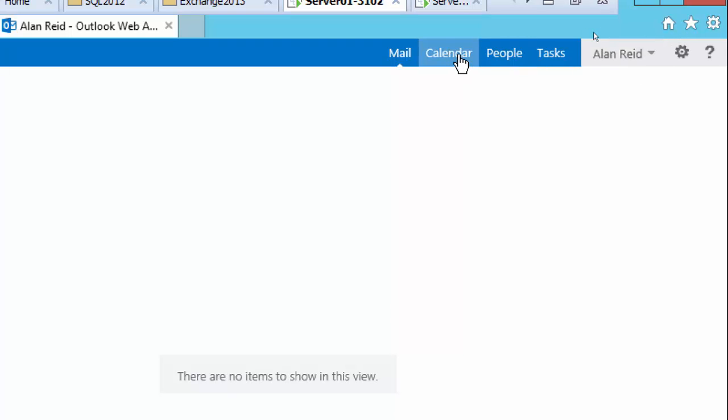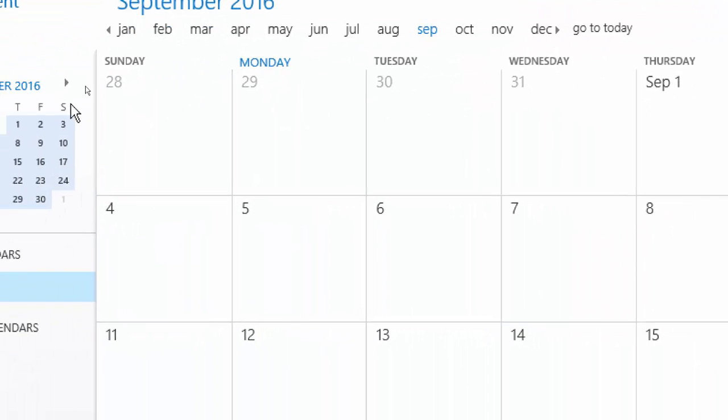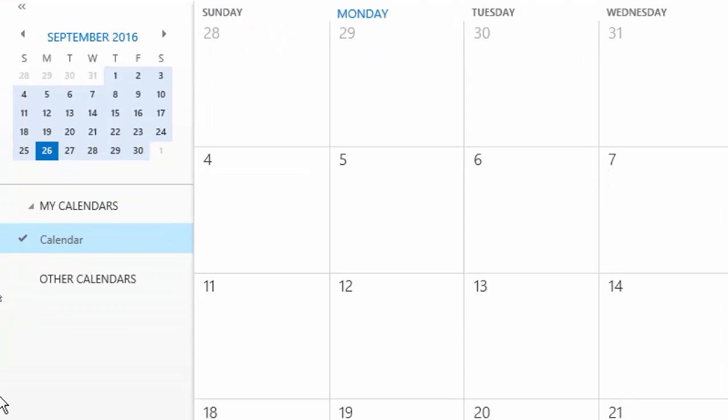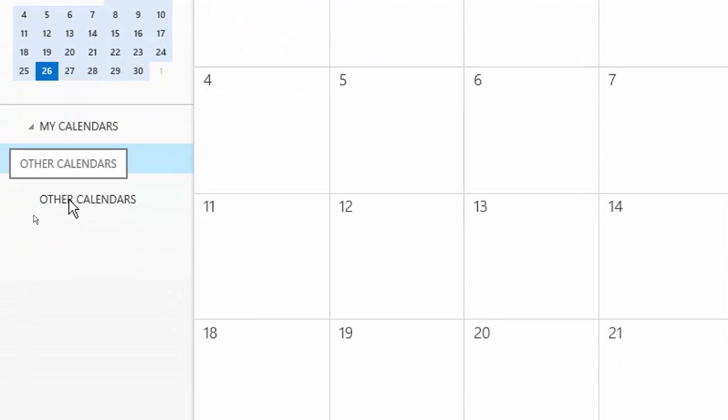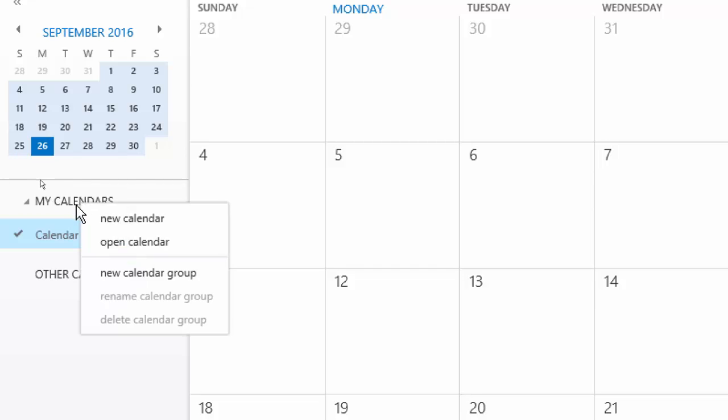So Alan Reed, and there's a calendar. If you click that calendar, yep, it looks like this. But on the left side here, we can add the room mailbox calendar. There are other calendars you can click, but it's not clickable yet because there is no other calendar added yet, right? So if we right click the My Calendars like this,